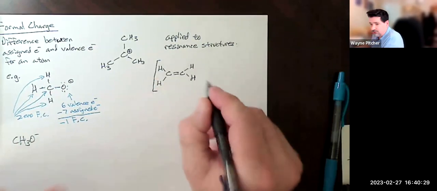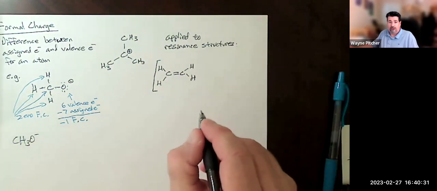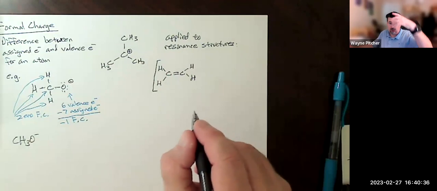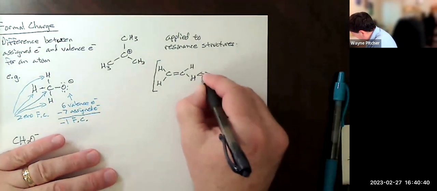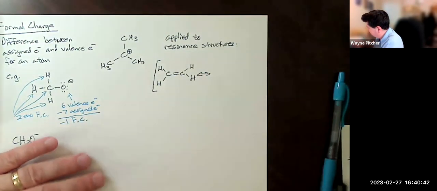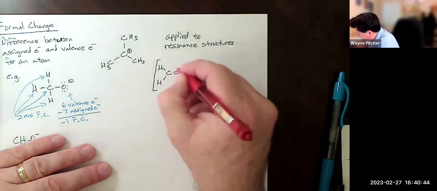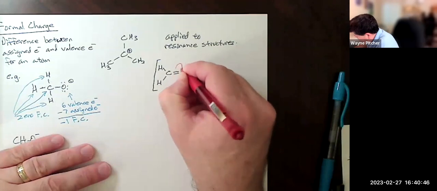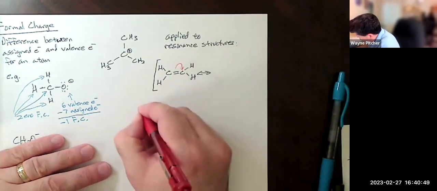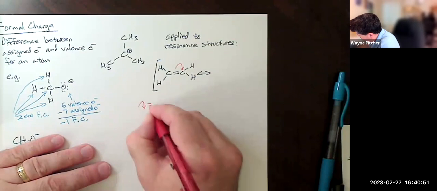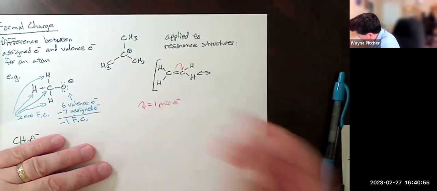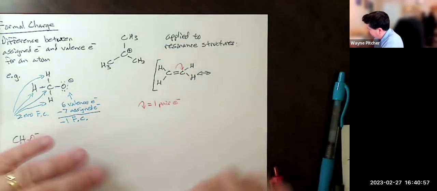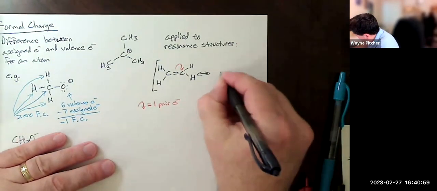Now, we can't always draw resonance structures for a given molecule. We usually have to have lone pairs and/or double bonds, multiple bonds. So let's see, can we do this here? Well, actually we can. I could, with my red arrow here, draw, so this arrow equals 1 pair of electrons. And so now I'm going to have,